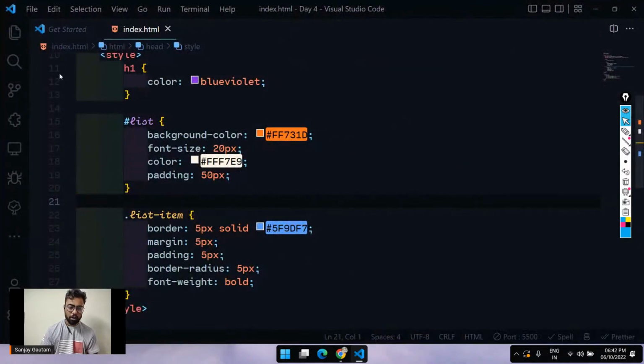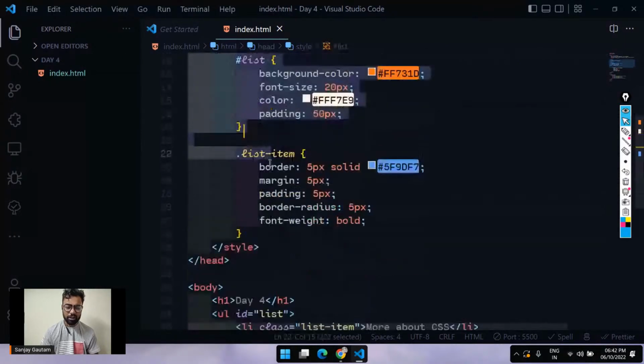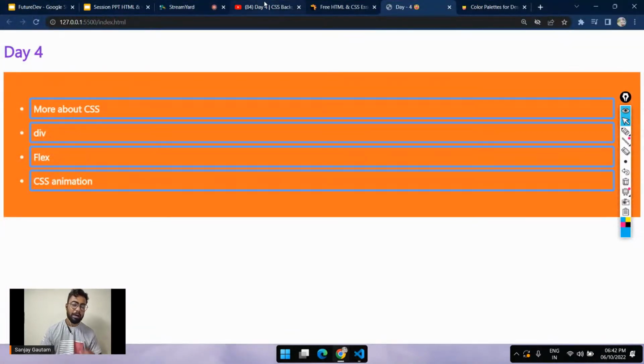And now what I am going to do is create a new file, because writing your CSS inside your HTML is not a good thing to do. So we are going to create a separate CSS file and then we are going to join that CSS file with our HTML file. Okay,